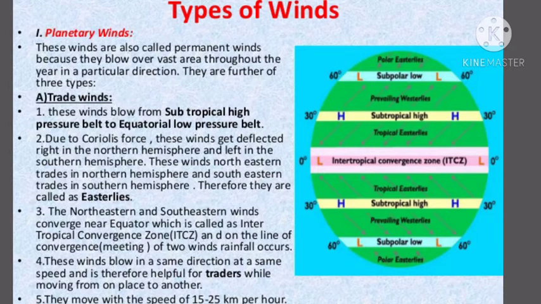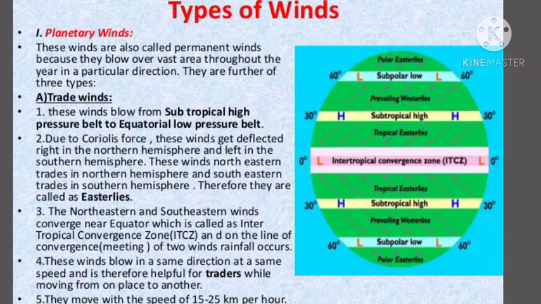Why are we calling them so? Because the winds which blow in a fixed direction throughout the year are known as the permanent winds or the planetary winds. These types of winds originate due to the presence of permanent high pressure and low pressure belts on the surface of the earth. The main planetary winds are the trade winds,